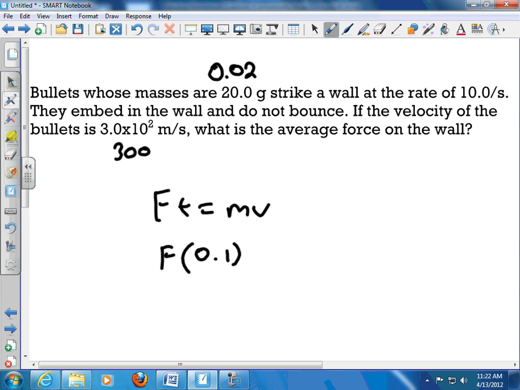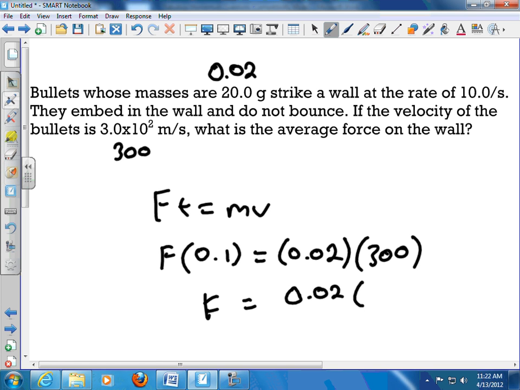Okay, I got you. Mass is 0.02. Why is it 0.1? Because it's 10 bullets per second, so one bullet would take 0.1 seconds. And our velocity is 300. So our force equals 0.02 times 300 divided by 0.1 equals 60 newtons. What is the force of the wall? So that's the force on